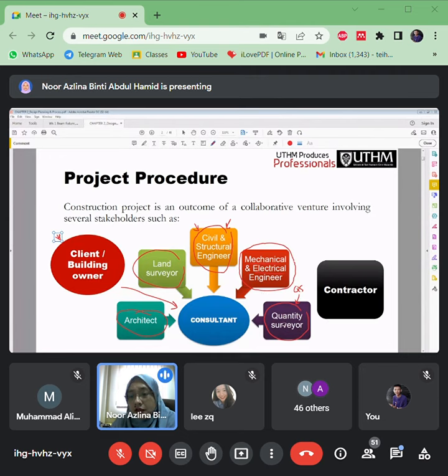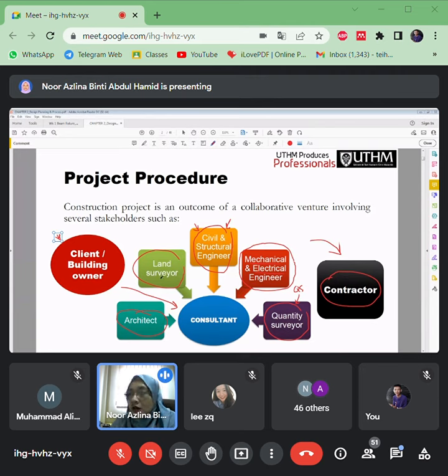Basically the budgets and the costings of the project. So the last team member here is the contractor. This is also an important stage, the one who will develop and construct the projects.